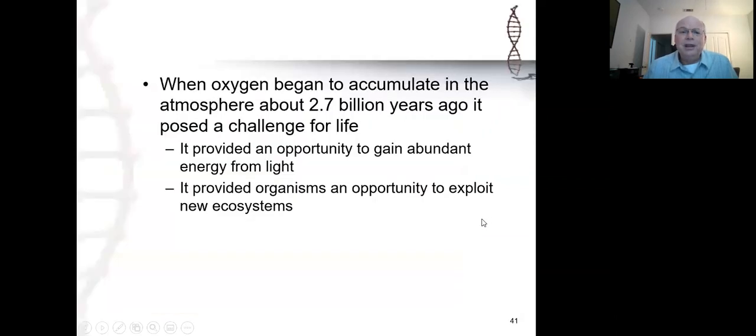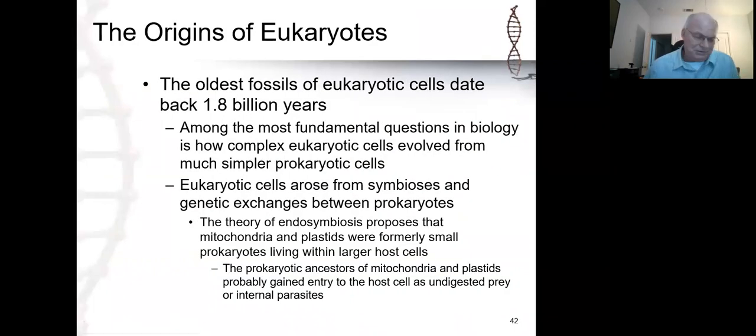Now, one of the things that then highlights the next important step is the appearance somewhere around, we think, 1.5 billion years ago, based on molecular clock evidence. There is some fossil evidence that has been interpreted as eukaryotic cells, but we're not entirely sure that that's the case. This is the way some people are interpreting them, but molecular clock evidence suggests that eukaryotic cells originated roughly 1.5 billion years ago. Now, the origin of eukaryotic cells has been the subject of a lot of controversy,